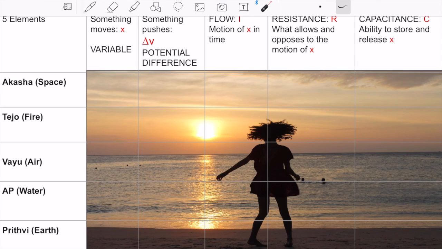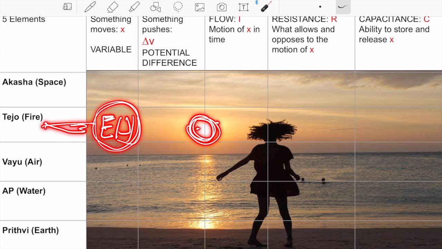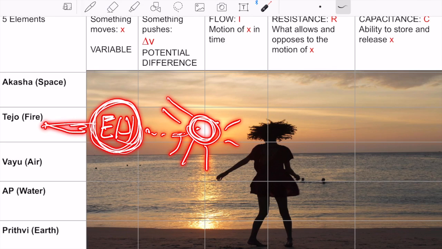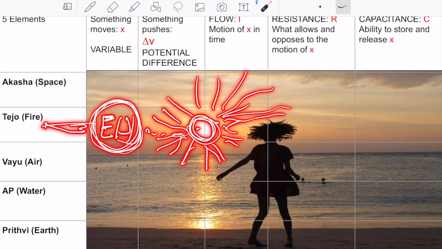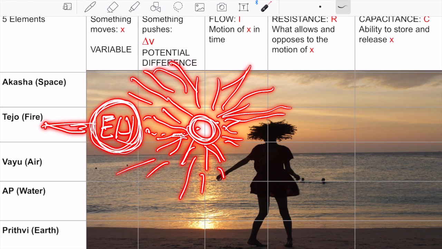Now, flow of energy, because remember that for fire, the sun is the first source of energy. So this is just energy. What moves is energy. What is energy? What comes from the sun. That could be a definition of energy. Energy is that which comes from the sun. And it could be in the form of waves. It could be in the form of particles. I think it is more in the form of particles. Waves is just a model that failed to explain everything that the sun does. Okay.